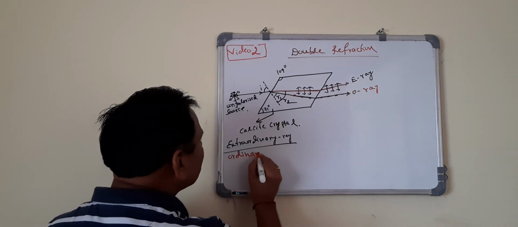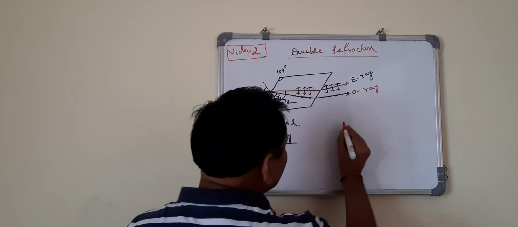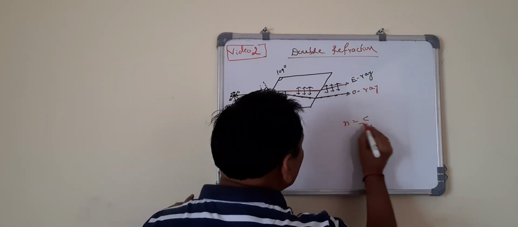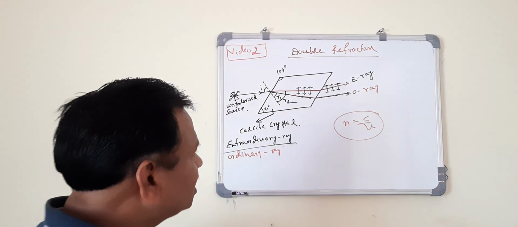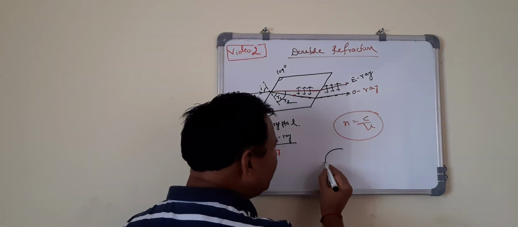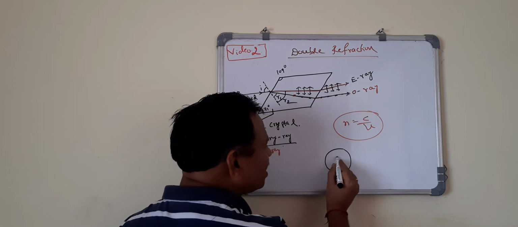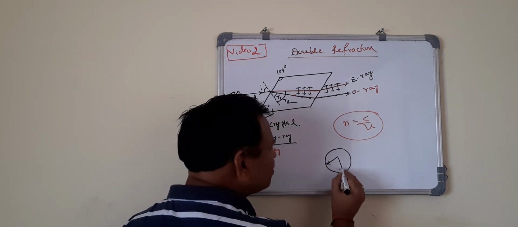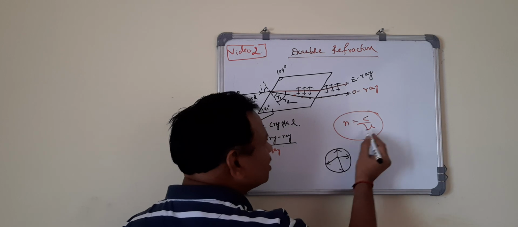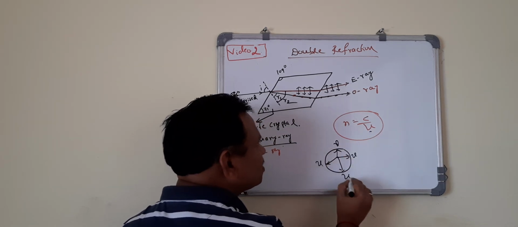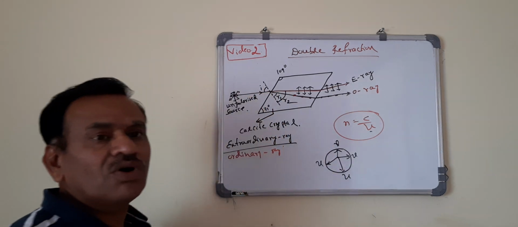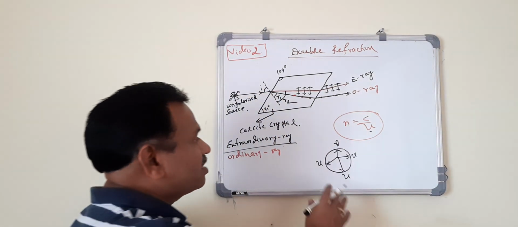For the ordinary ray, we know that n = c/v. You recall this equation. What is the meaning of this? For a given medium, whether light travels like this, like this, or like this, the velocity v is the same. This is ordinary. It is applicable for the